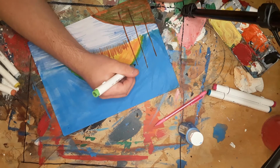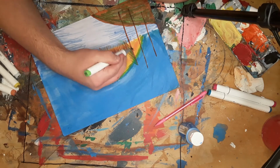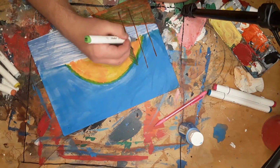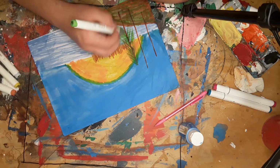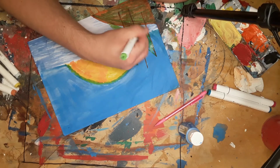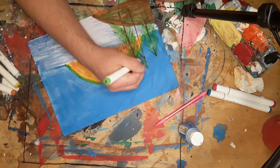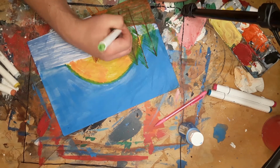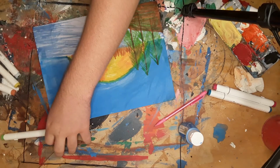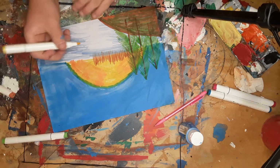With the green we just used, or a different green, the closer to the bottom you get, push harder and harder. A little more angled you can do. Just trying to get an imitation of trees. Same with this one. Little trees. For the next step you want to get the same gray blue, or this blue, sky blue, or blue gray. Get the yellow, and from right here,